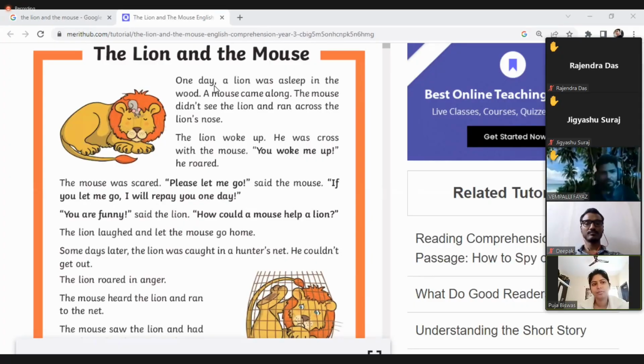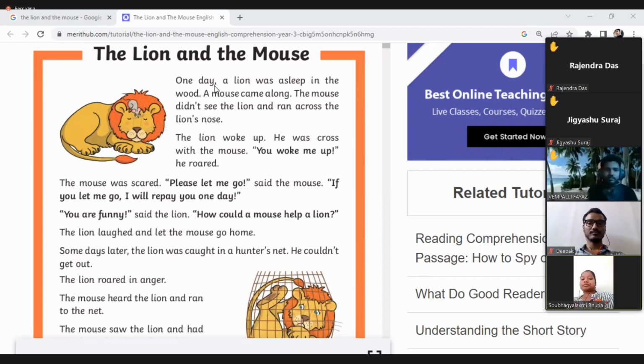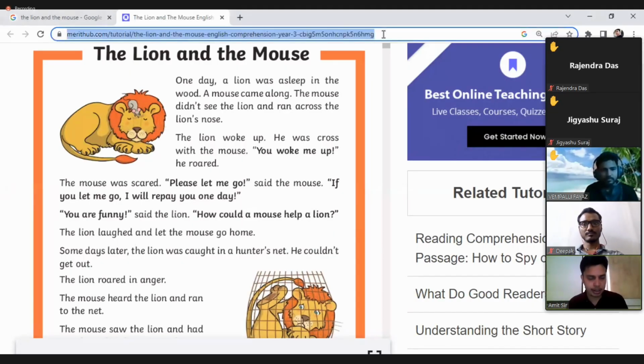So go to short stories. If you have kids, take first or second standard stories, or else you have Google to search. Take one story, read it 5 to 6 times, then underline what is the subject, verb, and object in that. Everyone? Sir, can you share this link in the chat box? Okay, let me. Don't follow only this story; this is just an example I have taken.